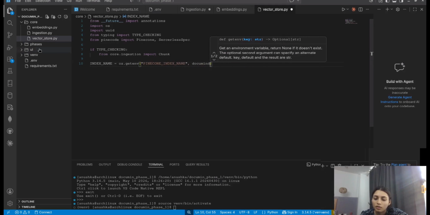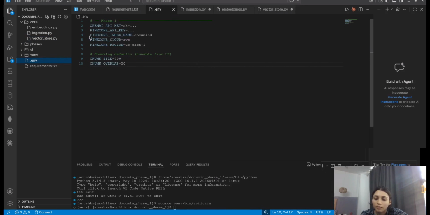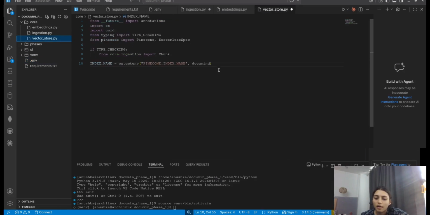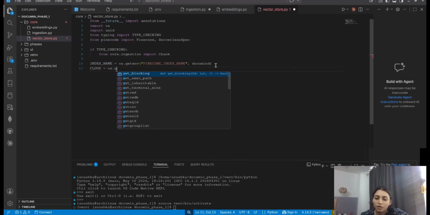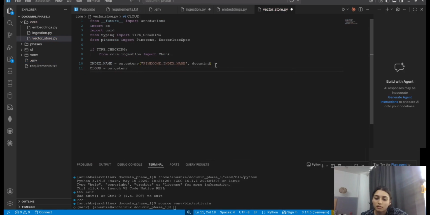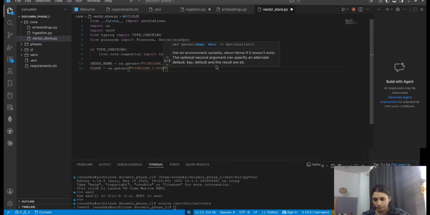So you guys can see we had it in an env file: Pinecone index name, Pinecone cloud AWS, and dimension. So we are just defining all that over here. Okay, then I can go cloud equals os.getenv, and I could have PINECONE_CLOUD as